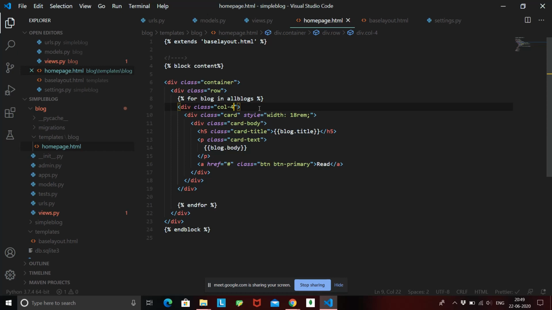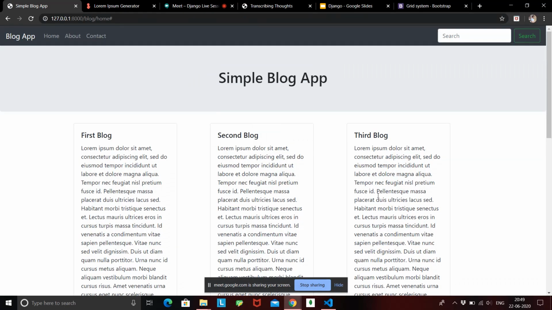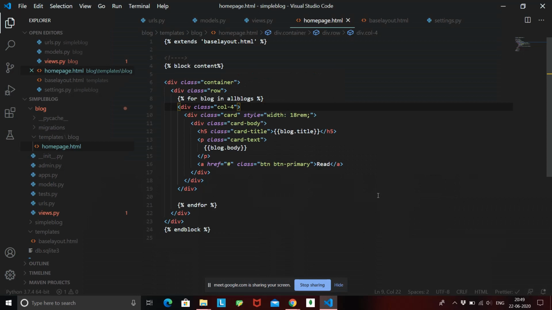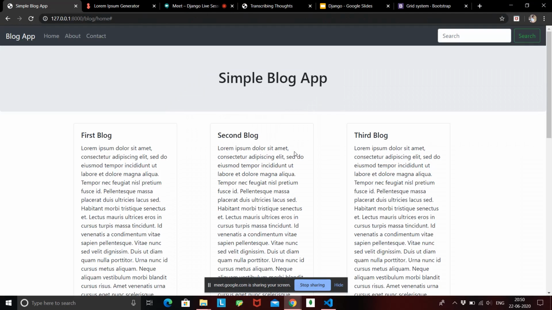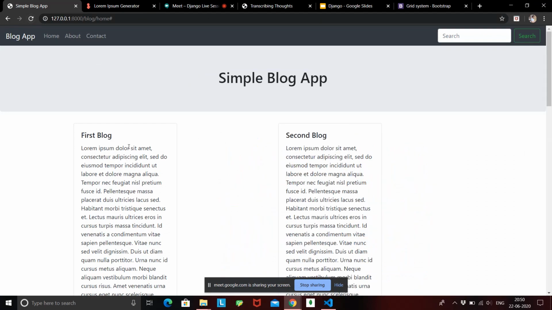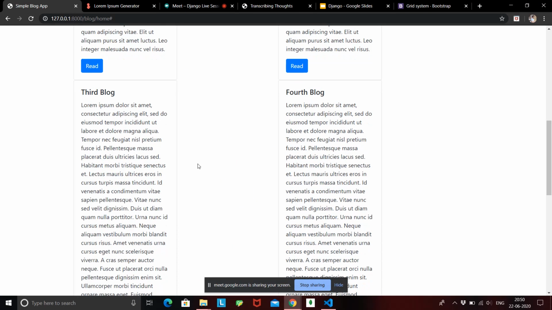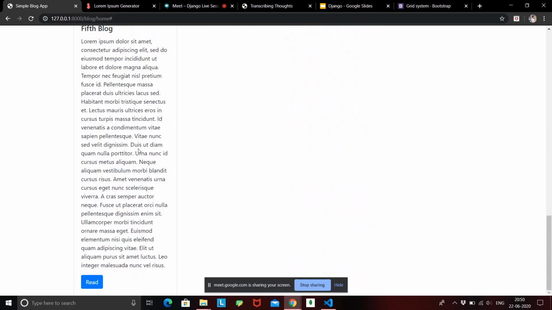So 12 divided by 4 is 3, and that's why we are getting 3 columns over here. If I change it to 6, 12 divided by 6 is 2, so we should get only 2 columns. If I hit refresh, you can see first column and second column, first column, second column, and then there is first column.